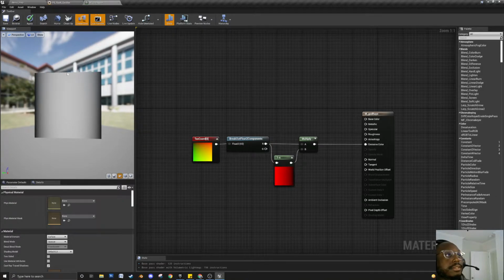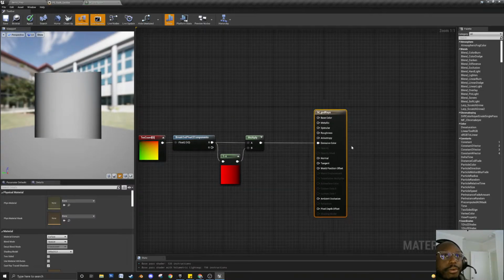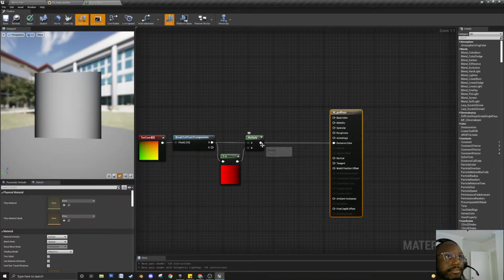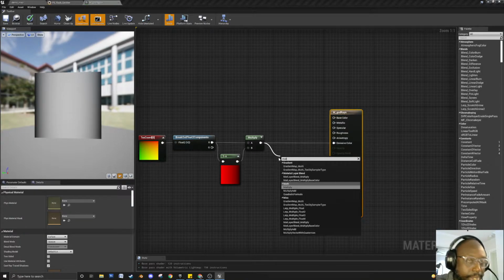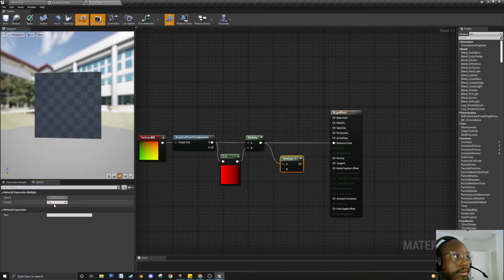So what I was saying though is because this was 0 to 1 and we multiplied 0 times 1, we got 0, and everything in between, in the middle of the UV space, was a value of 0.5. And that was the case for both the original red channel and the flipped version. So 0.5 times 0.5 in the center here is 0.25. And that's not 1, and that's what we want. We want a value of 1 in the center and a value of 0 on the edges. And the way to get that is to multiply the results of this math by 4, right? Because 4 times 0.5 equals 1, right? So multiply times 4,